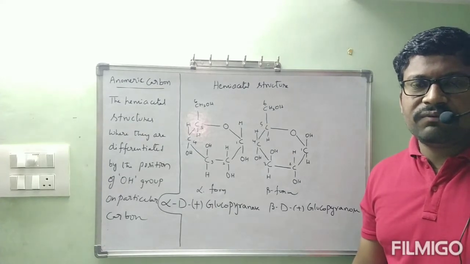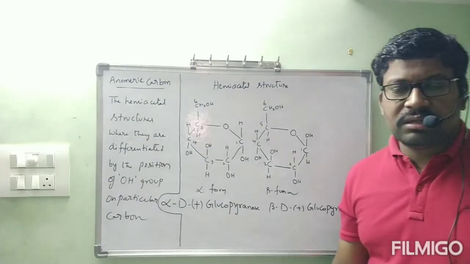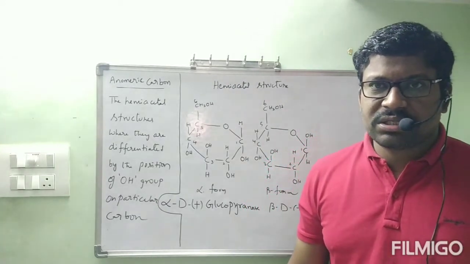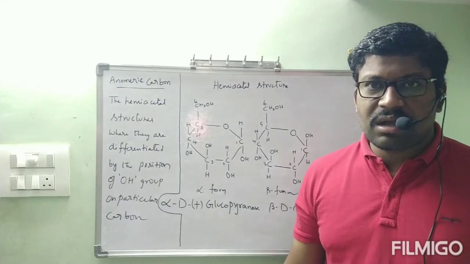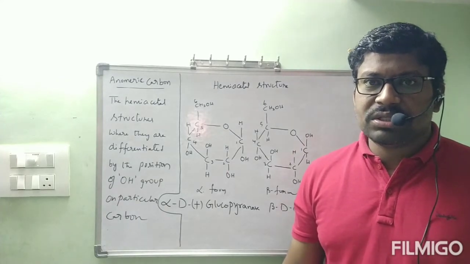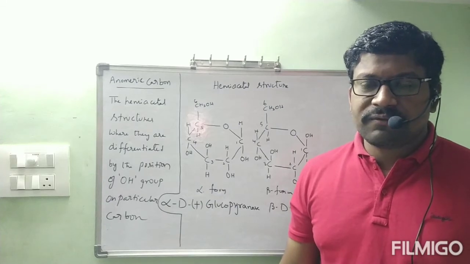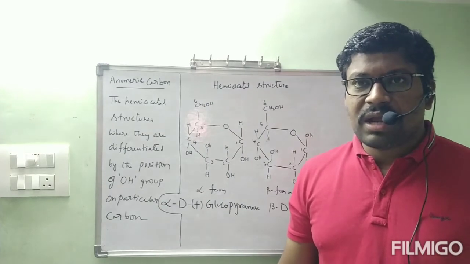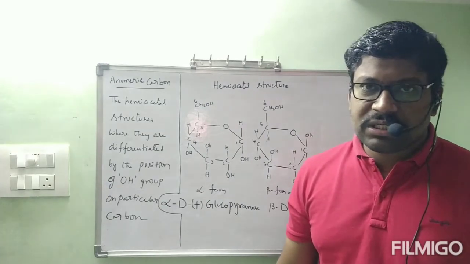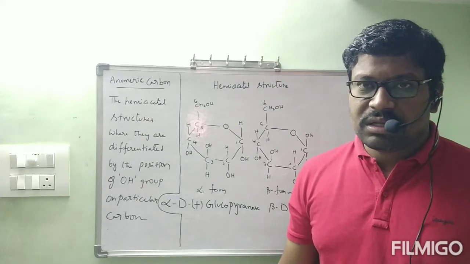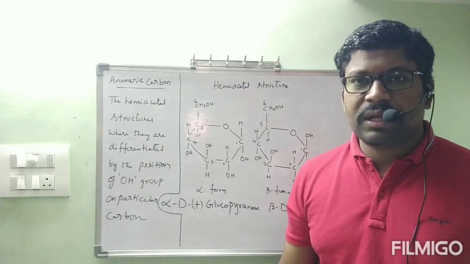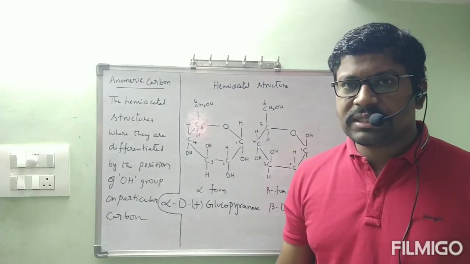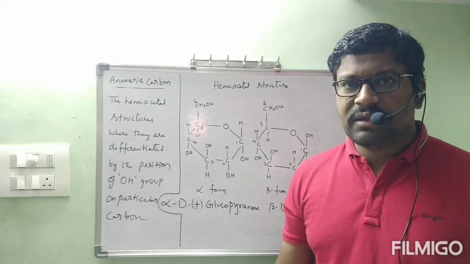Next, we have to go through fructose. So in glucose, what topics have we studied? First, how we defined the structure of glucose by using various reactions. After that, why we proposed the closed structure of glucose. The closed structure is represented by Fischer projection, and we also represented it with the help of Haworth representation. After that, the two forms of glucose, alpha form and beta form, their melting points, and how they are obtained, we have seen everything.